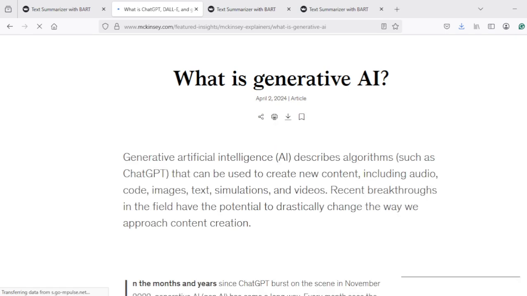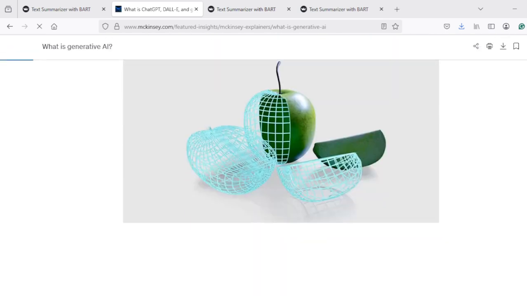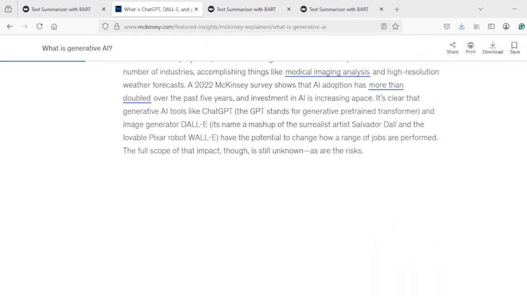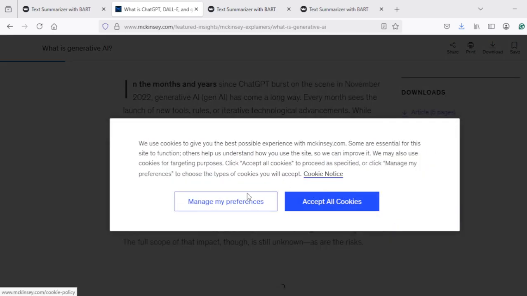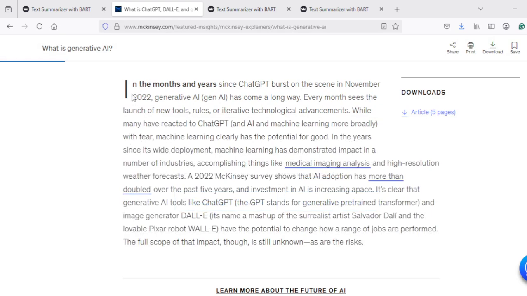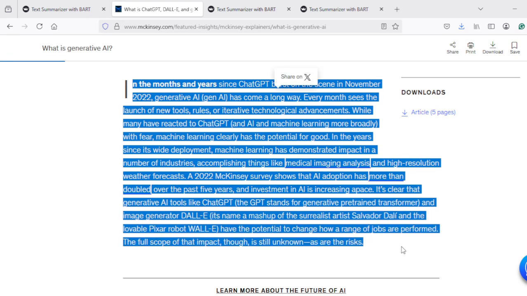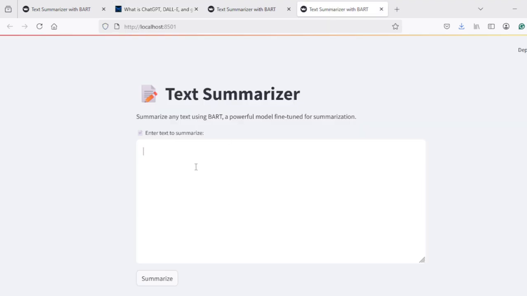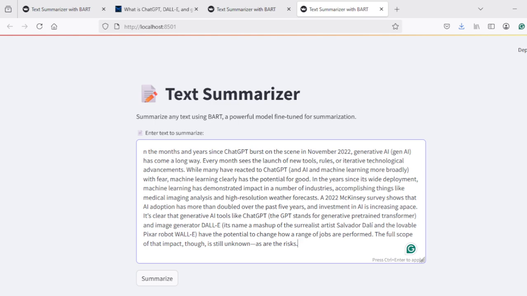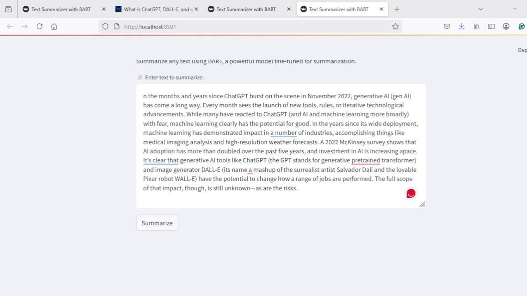You can summarize any text. Let me take this one. Okay. So I have entered this text and see, this is the summarize button.